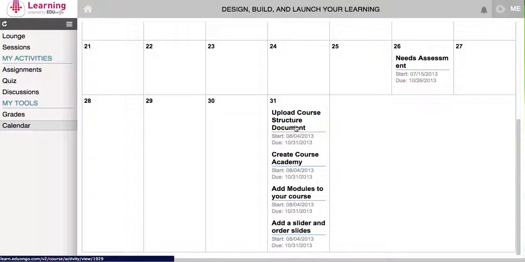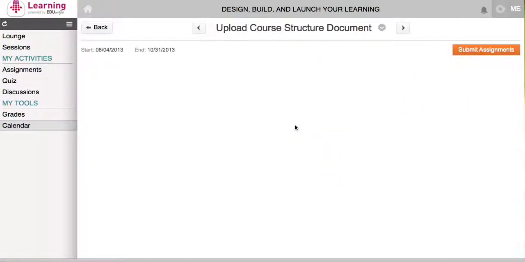Now I can find my assignment and I can click here and go to my assignment. So I can submit my assignment here. That's pretty nice. All right, so that's the end of our tour. It's probably a bit long. Let's see if we can end it